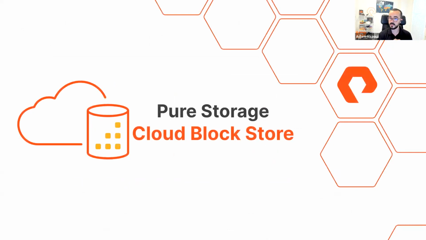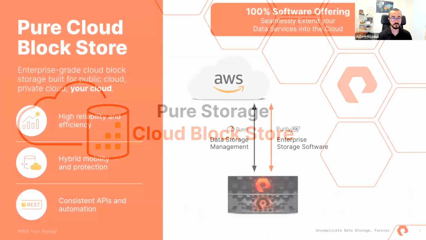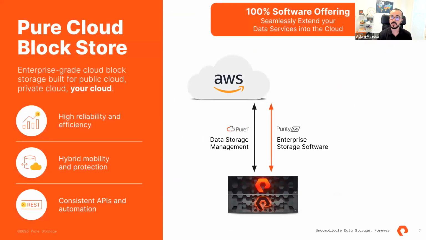Here enters Cloud Block Store. Cloud Block Store is fundamentally a 100% software offer that you can spin up in your AWS account, which we already have in the South Africa region. This offer is just an extension of the Purity software environment that runs on FlashArray. Same features, seamless API, and it can also support hyper mobility, meaning that your volumes that run on a FlashArray can run on AWS by using any of our native replication that comes free once you obtain and deploy your array.